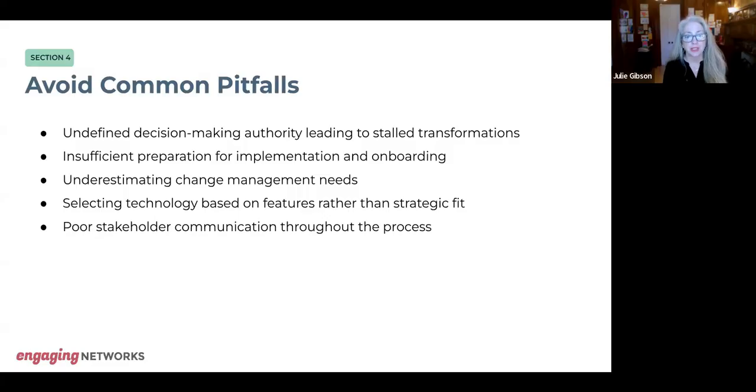Underestimating the change management needs, I think that is critical when you start talking about different people involved in different facets of your organization, like I mentioned before, events team, the volunteer team, the membership team, the major donor gift officers. So you have these different people who are now going to be affected by the change that's happening to the tech stack. So, as Sarah mentioned, she had this core team that then communicated and informed and educated everyone as the thing went along, instead of just signing on the dotted line at the end